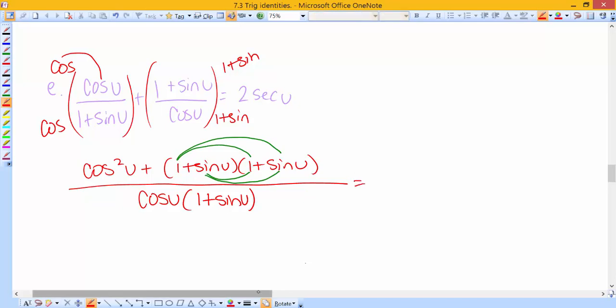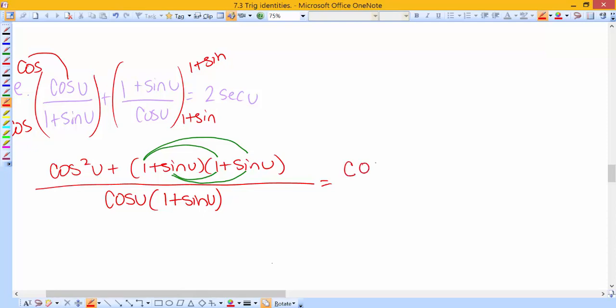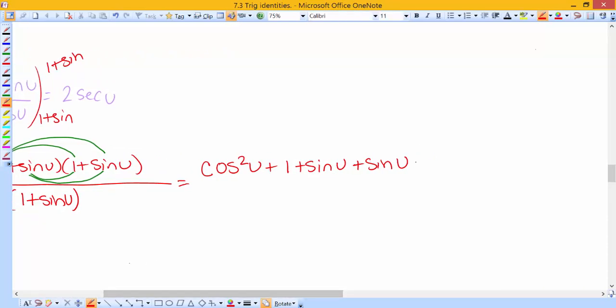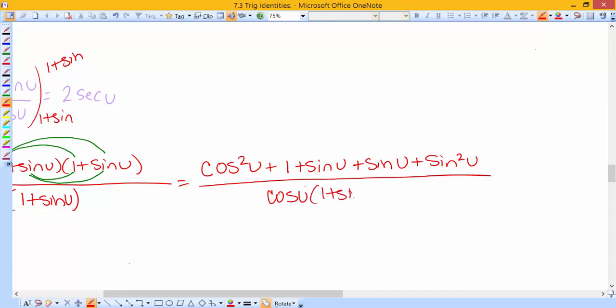So when I go through and I do that distribution, I have the original cosine squared. 1 times 1 is 1. 1 times sine is sine. Sine times 1 is sine. And sine times sine is sine squared, all over cosine times 1 plus sine. Okay, now